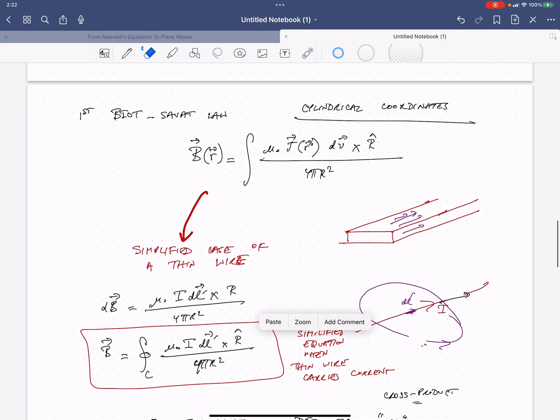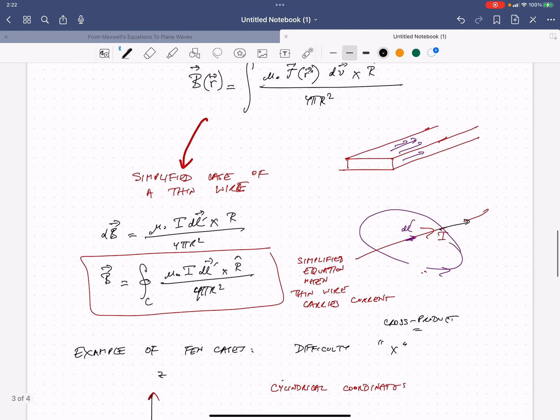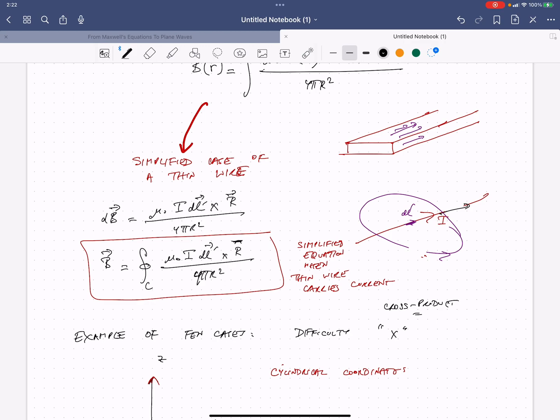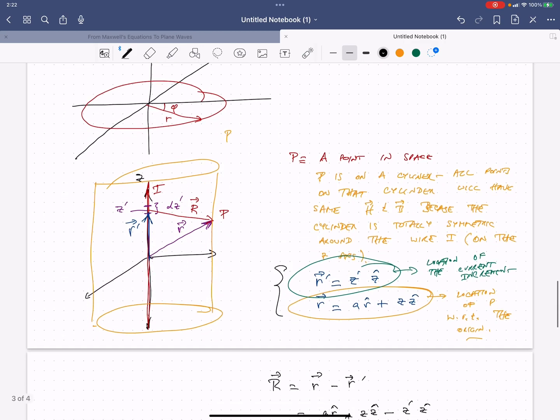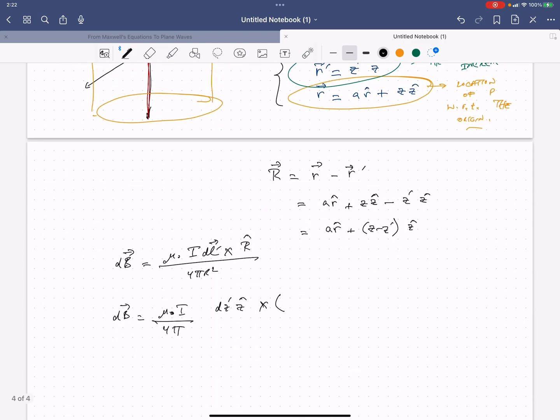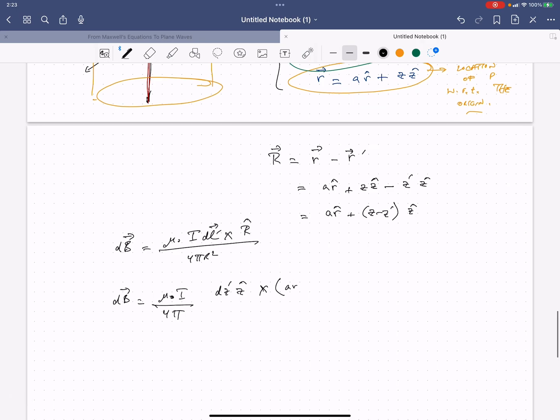Maybe it is R. It's basically R, so I wrote this stuff wrong here. So it's R vector, cross a R hat plus Z minus Z prime Z hat